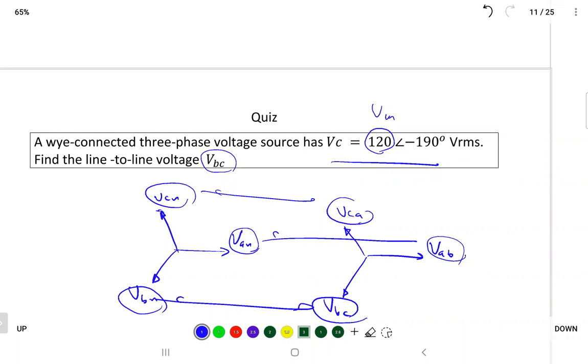I'll give you one more minute, so as not to make you late. If you are done, you can give me the answers. I will post the answer on the